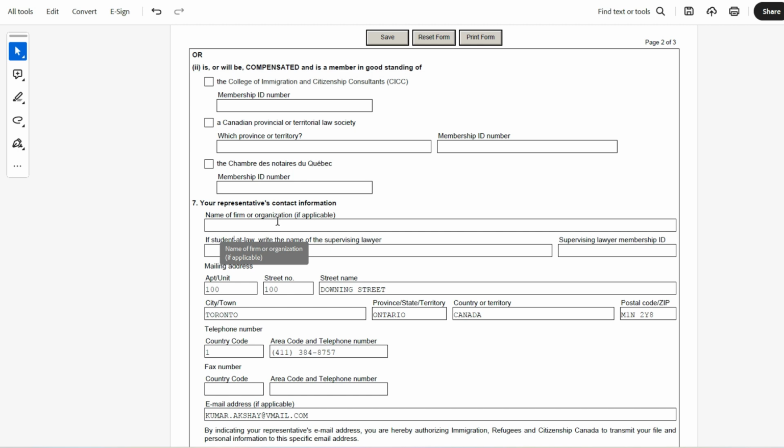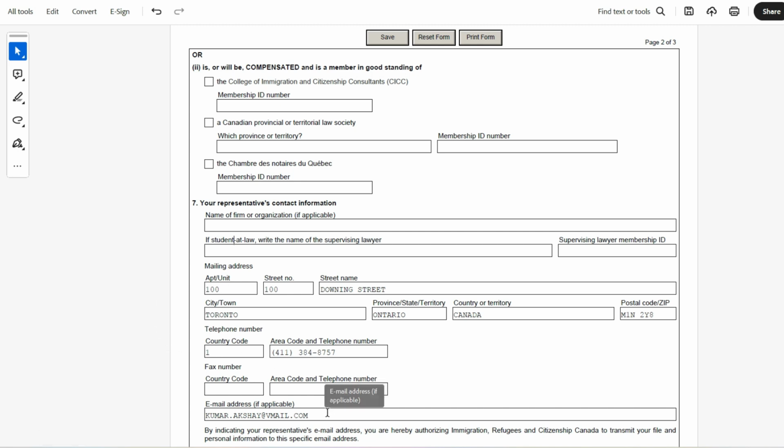Here I have left name of the firm or organization blank, and again these sections blank, in case you have to enter that. Then the mailing address of the contact information. So here I have entered the mailing address. As I said, this need not be just from Canada. It can be from any country outside Canada also, but you have to mention the correct phone number and the